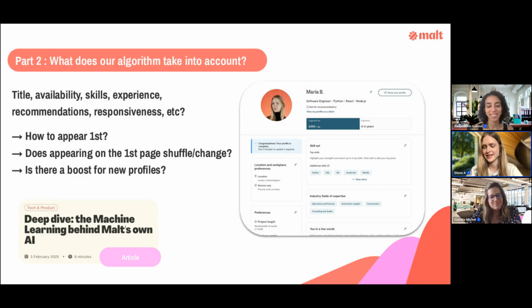Perfect. Yeah, I think that's really helpful. So just to confirm, appearing on the first page obviously is not the most important part. Second page is also as good. But how does it kind of happen? Is it sort of random? I think it also matches with the third question: new profiles get a bit of a boost. They have like a little tag, new. So could you help us understand this, please?